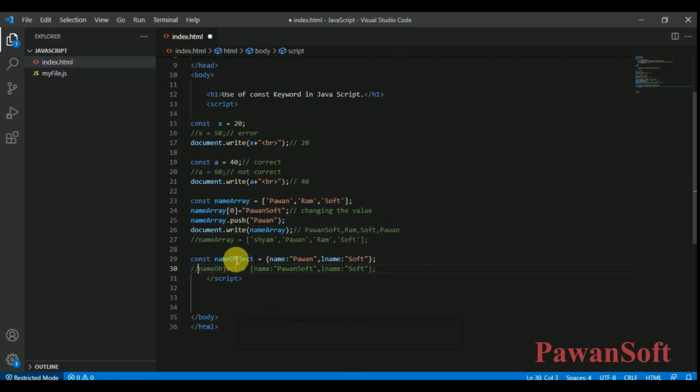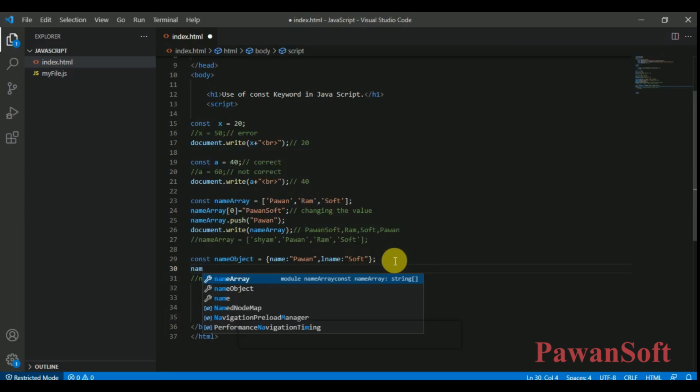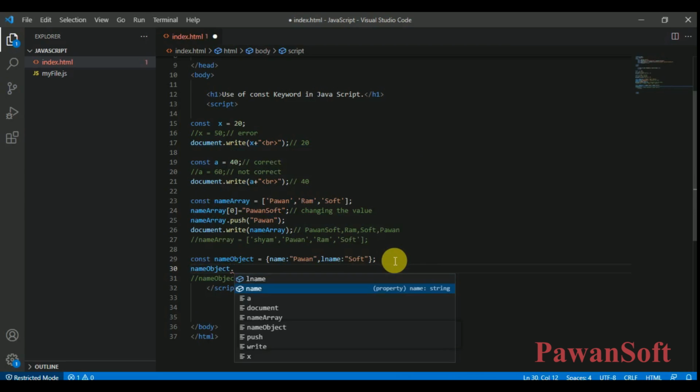Your reassignment is not allowed. Here also, name object dot name. Now I want to change Pawan to Pawan soft, right?